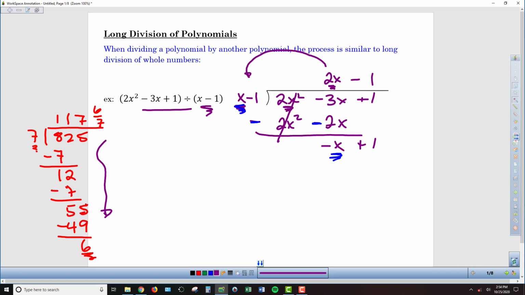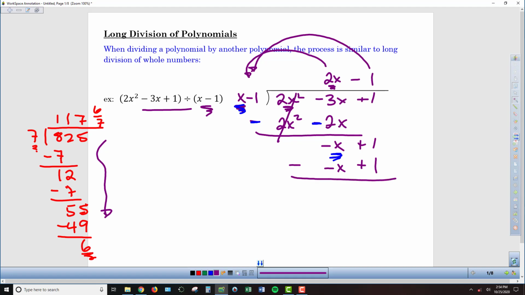And so now I'm ready for that next multiplication step. So I'm going to distribute negative 1 to the whole divisor, to the x minus 1. So negative 1 times x is negative x. Negative 1 times negative 1 is positive 1. And so we finished our multiplication step. So now we're ready